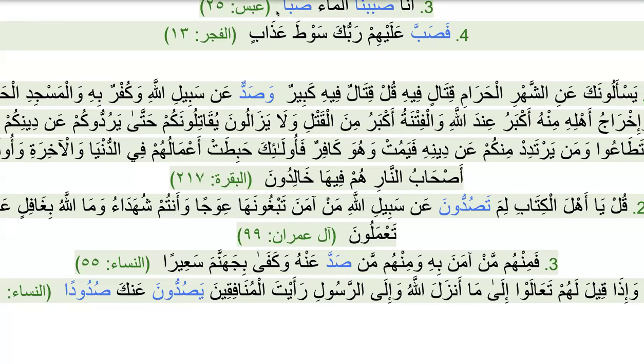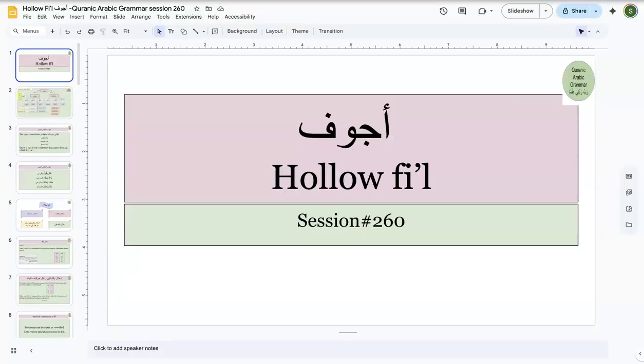Okay, is it a good time to move to the next topic now that we have covered most of that? Alhamdulillah. So now Ajwaf is easy. As I mentioned in the beginning of the session, you all should know which fail is going to be called ajwaf. What is ajwaf? Hollow fail. It has a cavity. Ajwaf means cavity, hollowness. Why do we call it a hollow fail? Because the middle letter is a weak letter.